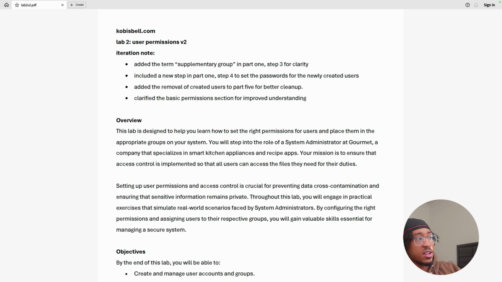And so back to the lab, this lab was designed to help you learn how to set the right permissions for users and place them in the right group on your system. And you will step into the role of a system administrator at a fictional company, Gourmet, that specializes in smart kitchen appliances and recipe apps. And your mission is to ensure that access control is implemented so all users can access the files that is